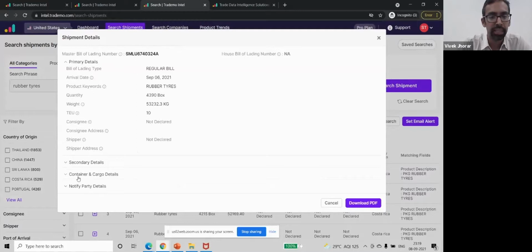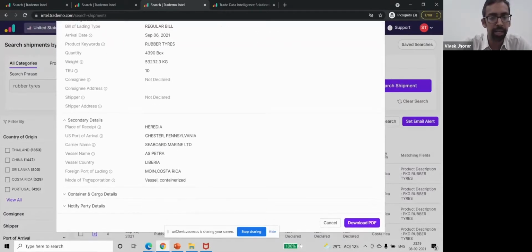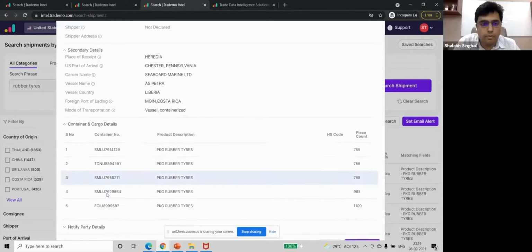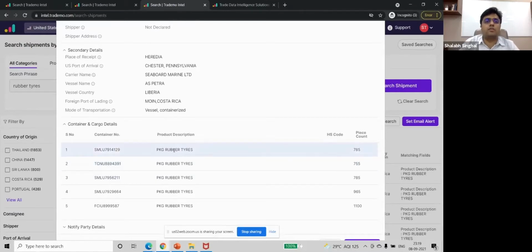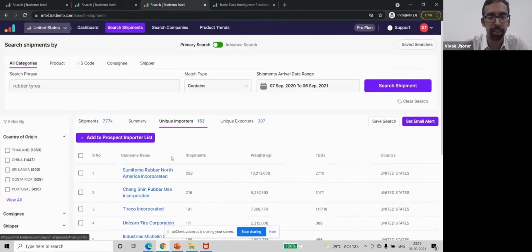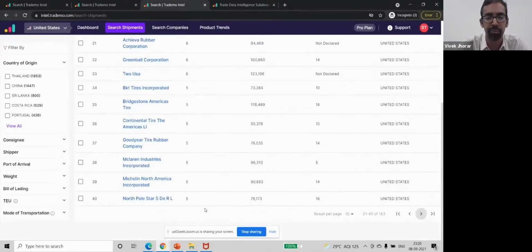So this is a detail which has not been declared, where the container and the details have been. So maybe just going to unique exporters will give us a list of all the companies. Yeah, okay, I think that's quicker. Let's say you are trying to pick a company which is not so well known and which is smaller, and you are trying to see what kind of forecast they have. So let's pick TWS USA as your client.